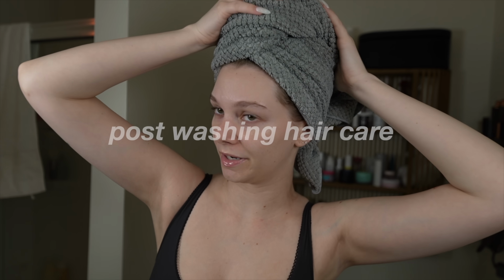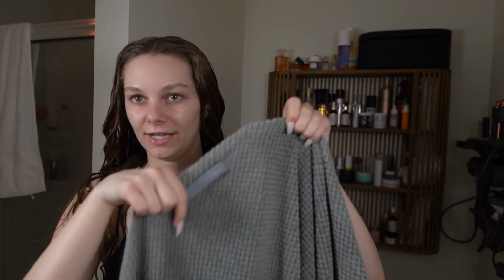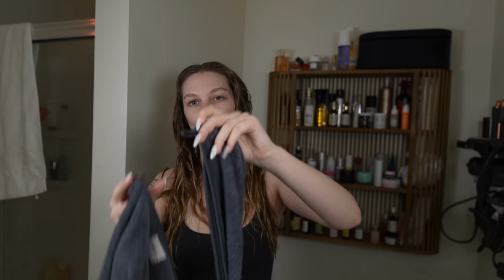I always put my hair in a microfiber hair towel. I let it sit in there for 5 to 10 minutes. Sometimes 15 minutes. Kind of just depends on the day and if I get lazy and just leave my hair in it. You can see this is a very good sized towel, and it has a little loop on it, and this is my all-time favorite, especially since my hair has gotten way longer. Yes, these little ones with the button and hook work, but I'm not gonna lie, when my hair has gotten longer and my hair starts to stick out of it and it's hard to get it all in there,